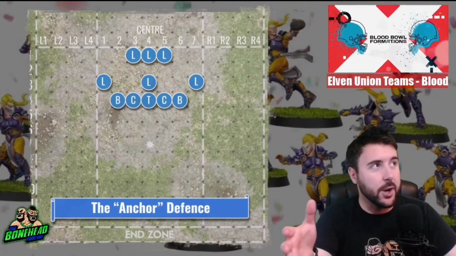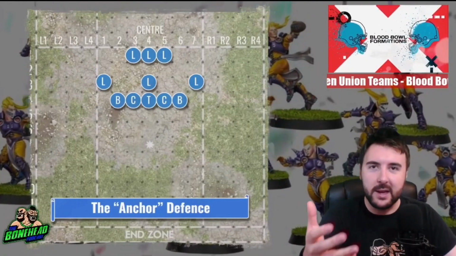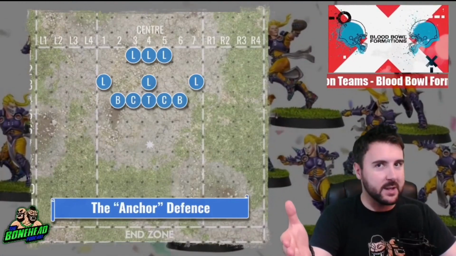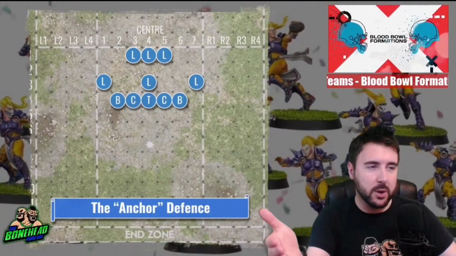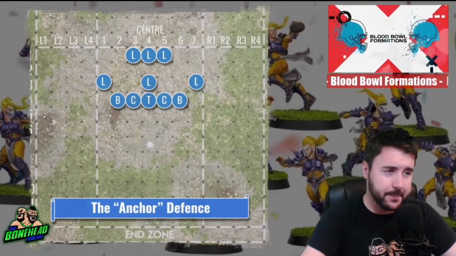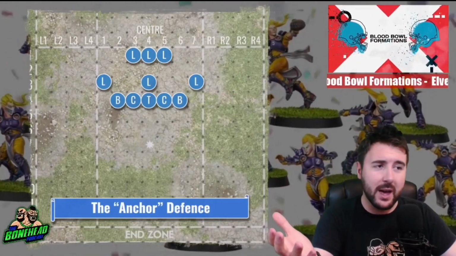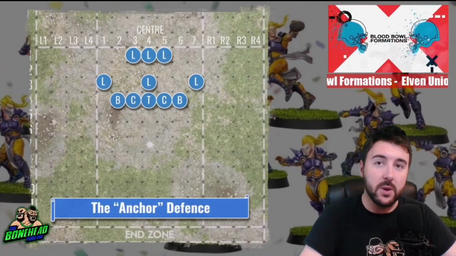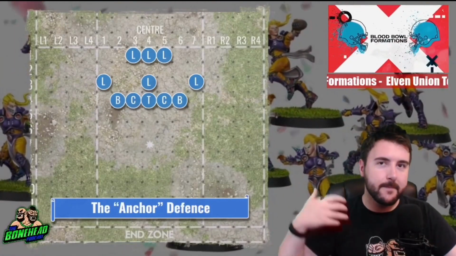Now, when you're elves, you don't get a lot of opportunities to make a lot of blocks. So we'll look at this when we look at the offense, but anytime you get given basically a free 2-die block, when you've got the block advantage, it's really beneficial to take. So if they come in here and knock this lineman down, if the lineman's okay, if the lineman's not okay,